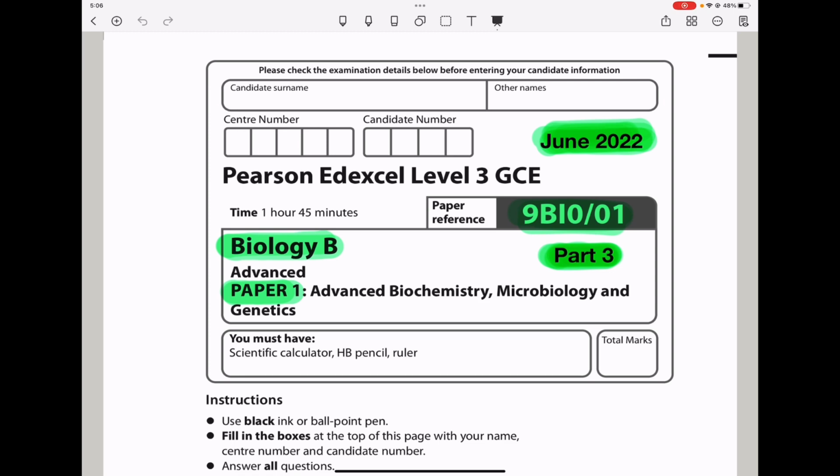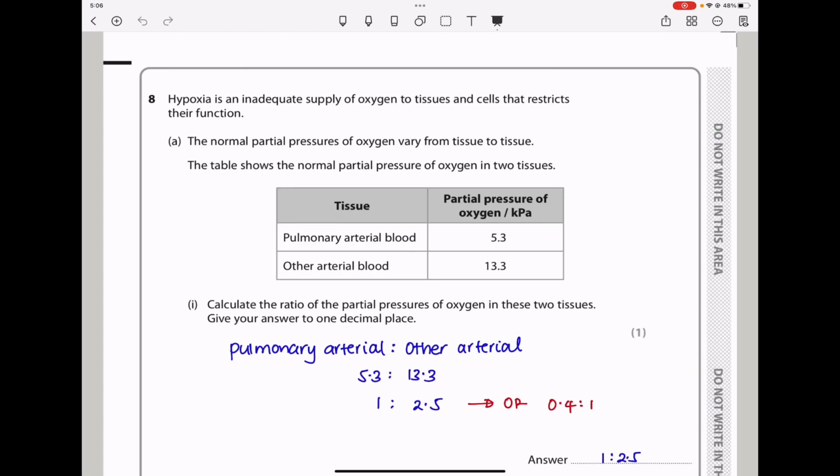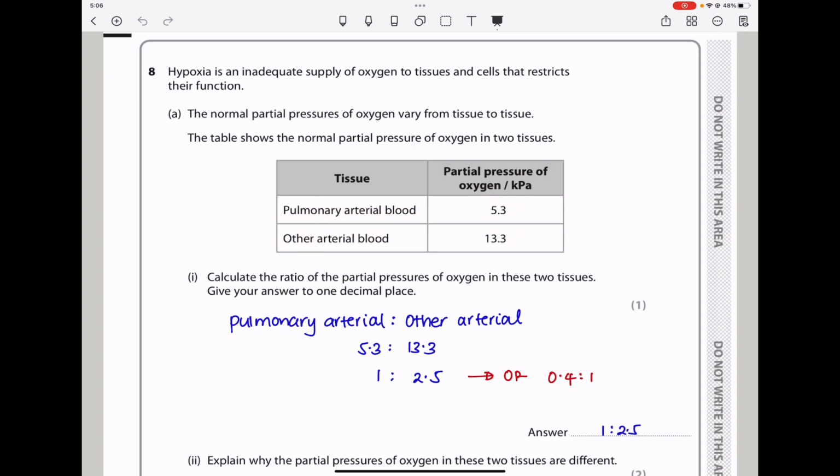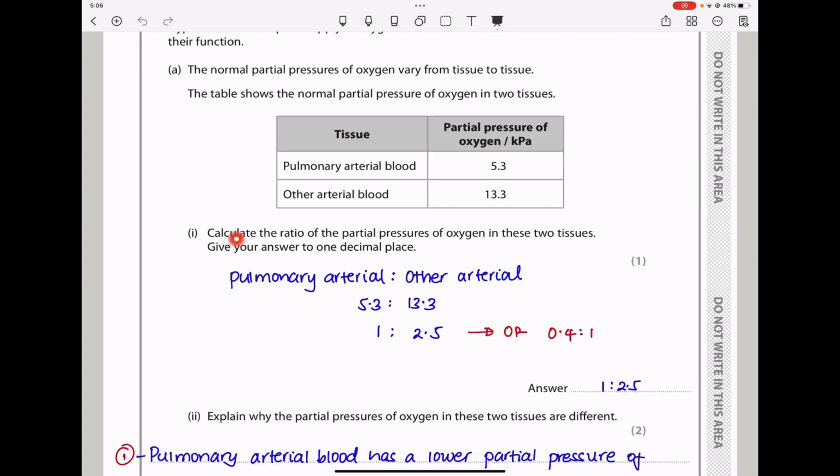Let's begin. Question 8 says, hypoxia is an inadequate supply of oxygen to tissues and cells that restrict their function. The normal partial pressures of oxygen vary from tissue to tissue. The table shows the normal partial pressure of oxygen in tissues. So we have tissue and the partial pressure of oxygen. One is the pulmonary arterial blood, which has that partial pressure. The other is arterial blood, which has that partial pressure. So they say calculate the ratio of partial pressures of oxygen in these two tissues and give your answer to